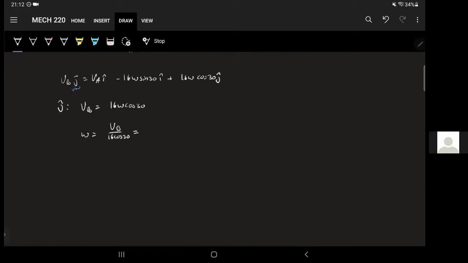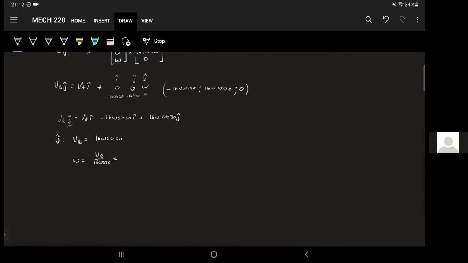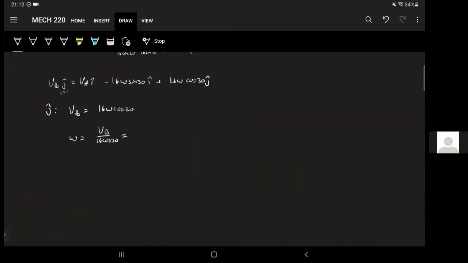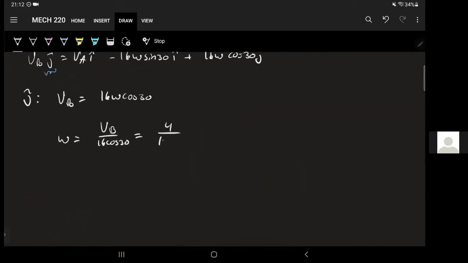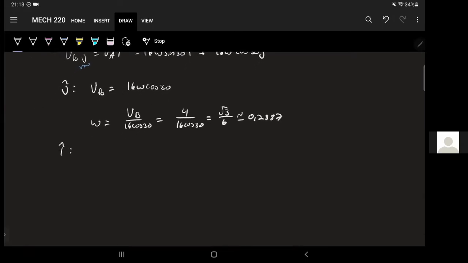We know that VB had a value of 2, right? Therefore, sorry, is it 2? Yeah, 2. No, 4 was the acceleration. So 4 over 16 cos 30, which gives square root of 3 over 6, which is more or less equal to 0.2887. Right,